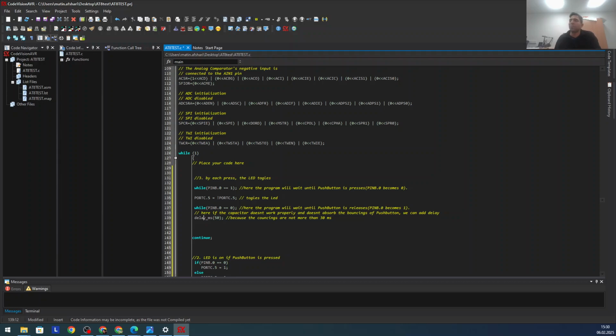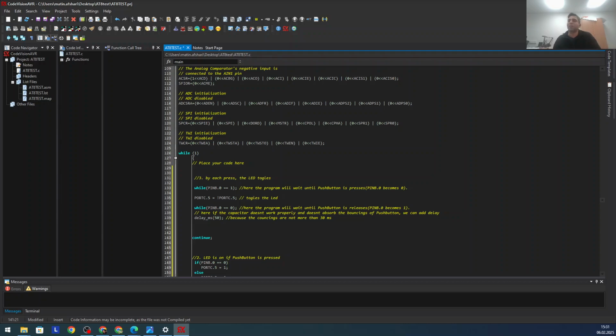Maybe you are pressing it for 50 milliseconds, maybe 100 to 300 milliseconds. Even if you try to press as fast as you can, it will still be like 100 milliseconds. So when you are pressing, in those 100 milliseconds the microcontroller might run this while loop